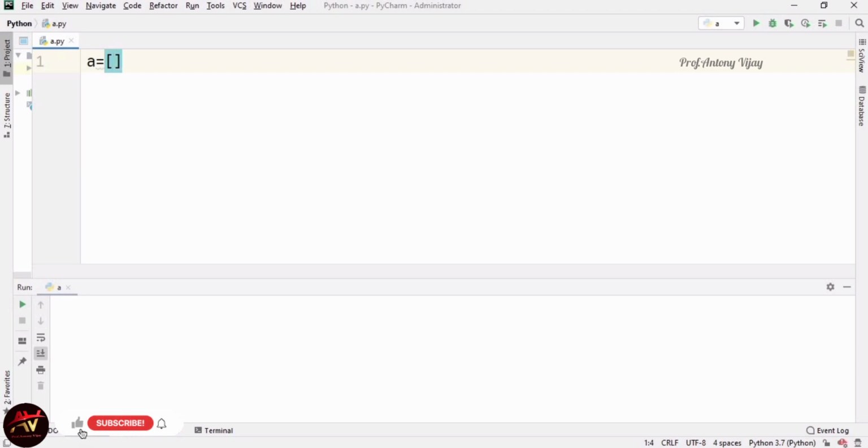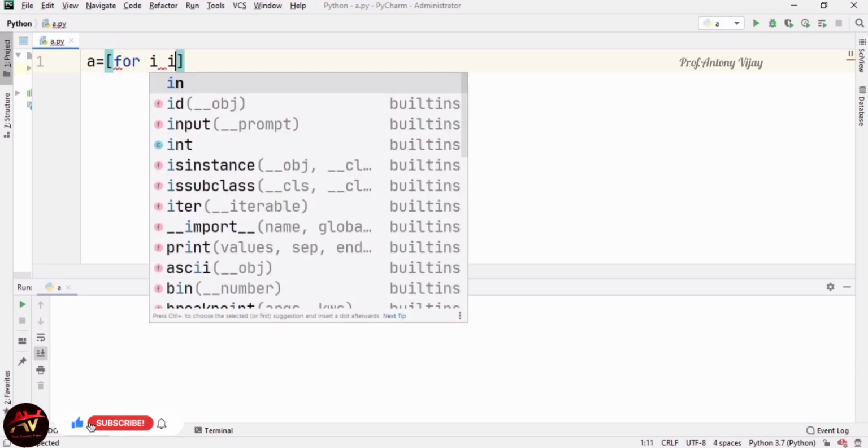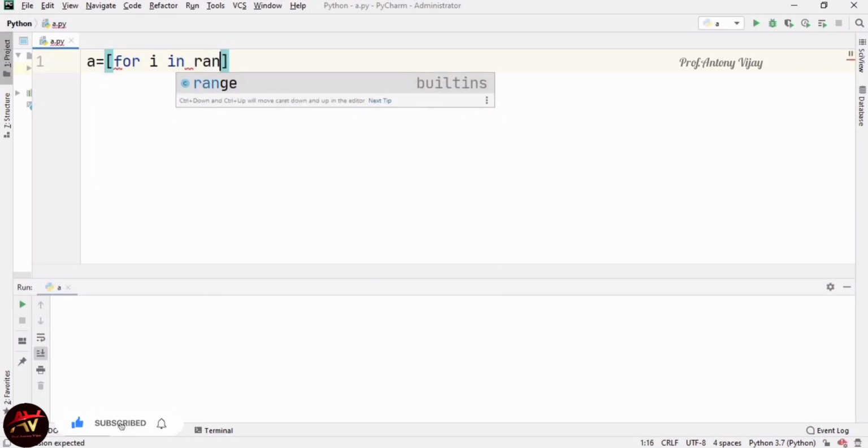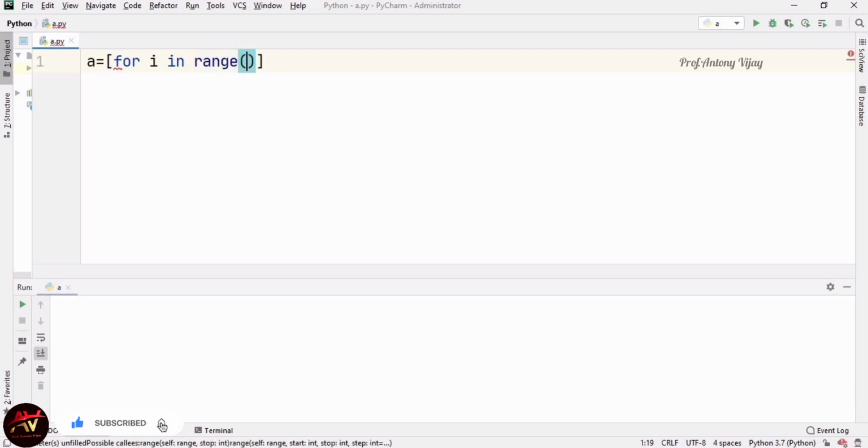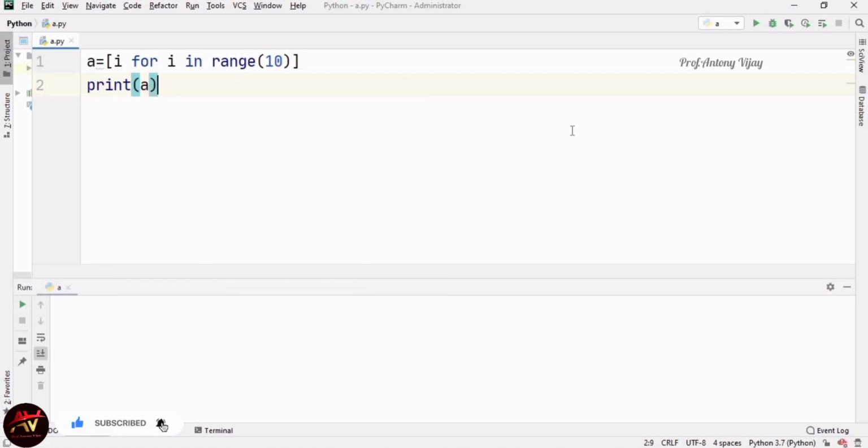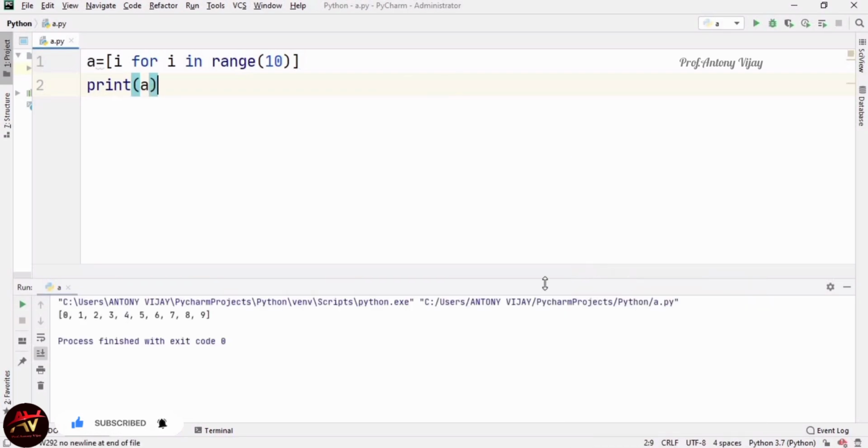So for that I am using for i in range of 10. Range of 10 means what? It starts from 0 to 9. Here I am mentioning i before for, and I am using print of a. Let me see the answer. We are getting here 0 to 9. This is what is called list comprehension.